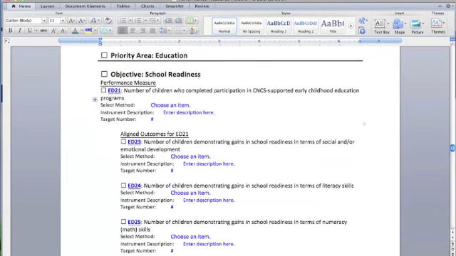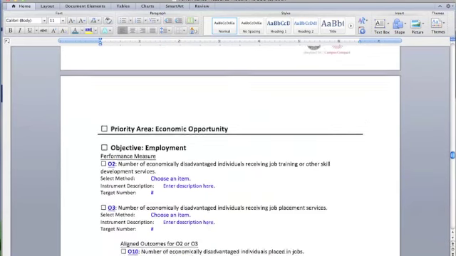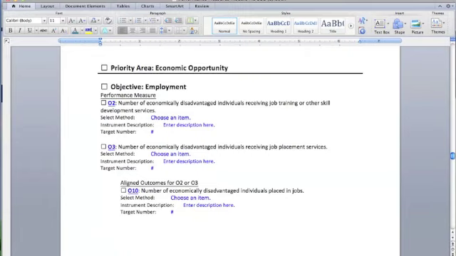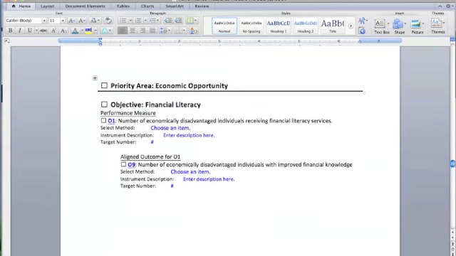This is the education with the school readiness. I'm going to go back to our example from earlier of financial literacy services. So here I'm economic opportunity. Let's say I'm not necessarily employment. Again, let's say I'm financial literacy. So these are the 2 that I would be selecting and putting information in for. If there's an other, you could simply put in other and type in, outcome,